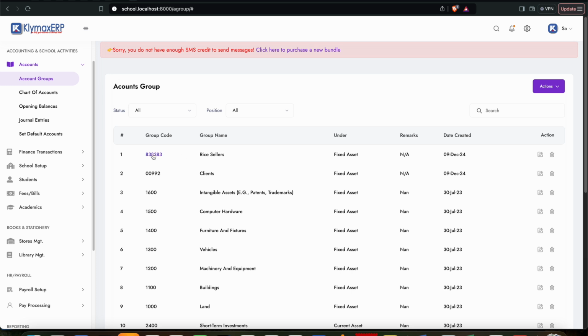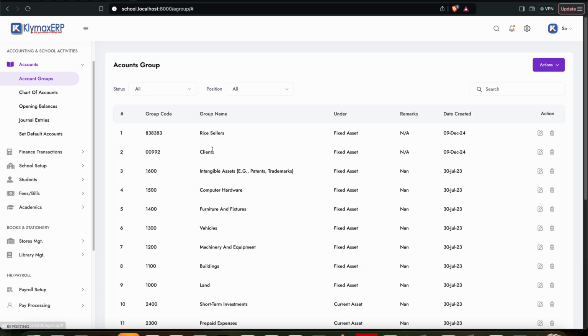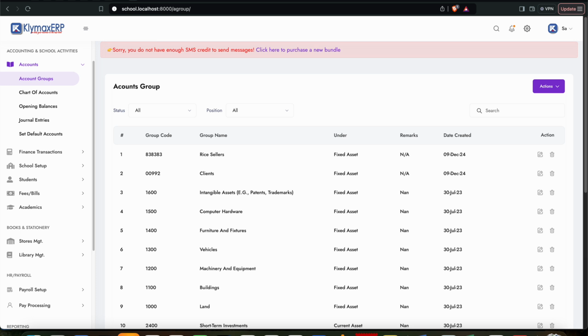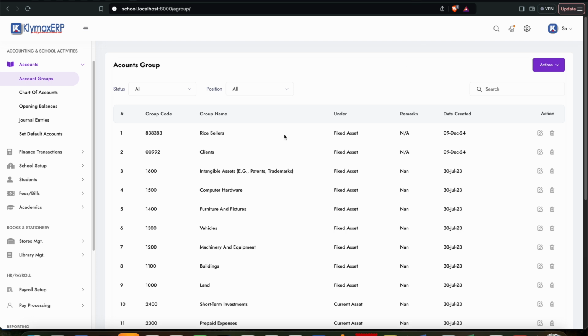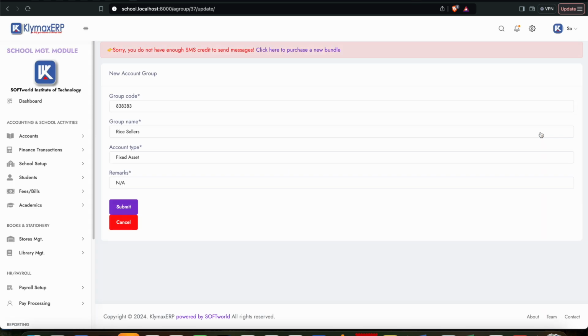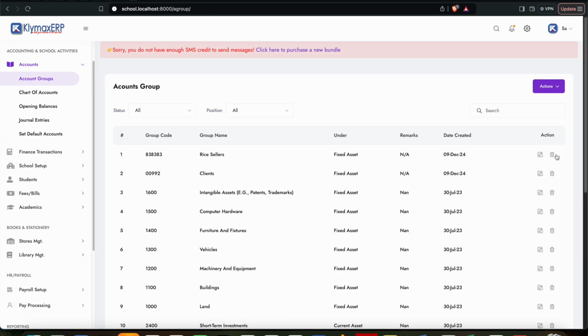So it's saved, and that's the code. Okay, client is also saved. So that is how you create a new group. But as I've been saying, it comes preloaded already. So in case you want to make changes, you come here, you make your changes, and then you click on submit to save. If you want to delete, which is not advisable anyway,